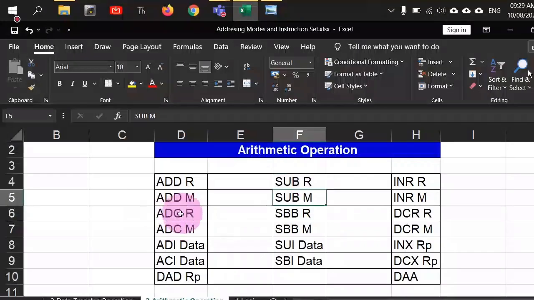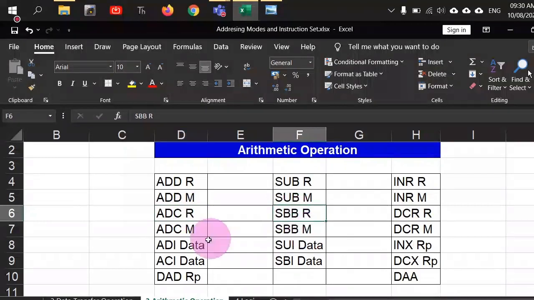Then similar to this ADC command, which considers the carry flag, we have the SBB command. This SBB command considers borrow, right? So the carry flag is the borrow flag also for the purposes of subtraction. So it will be doing this subtraction by considering the borrow. If you are subtracting something, there will be situations when you need to take a borrow from the forward position to be able to carry out that subtraction. So in that case, that borrow flag is also considered, in a similar way as we consider the carry flag here. So we have got these two variants, SBBR and SBBM.